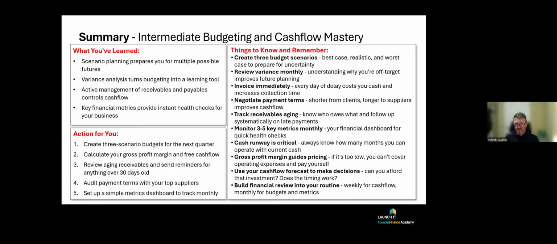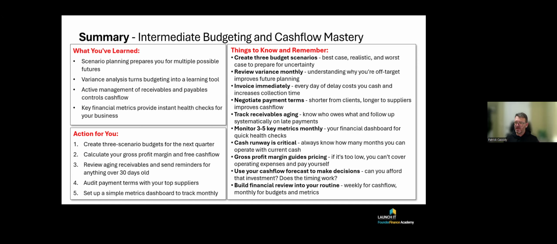Monitor 3 to 5 metrics within your business. Make sure you manage your cash flow, because that is the lifeblood of your business. More businesses fail because of cash flow than anything else. And hopefully this helps you set better pricing within your business, because you're able to understand profit and margin within the business. Hopefully it's going to help you make better decisions and anticipate when things go wrong.